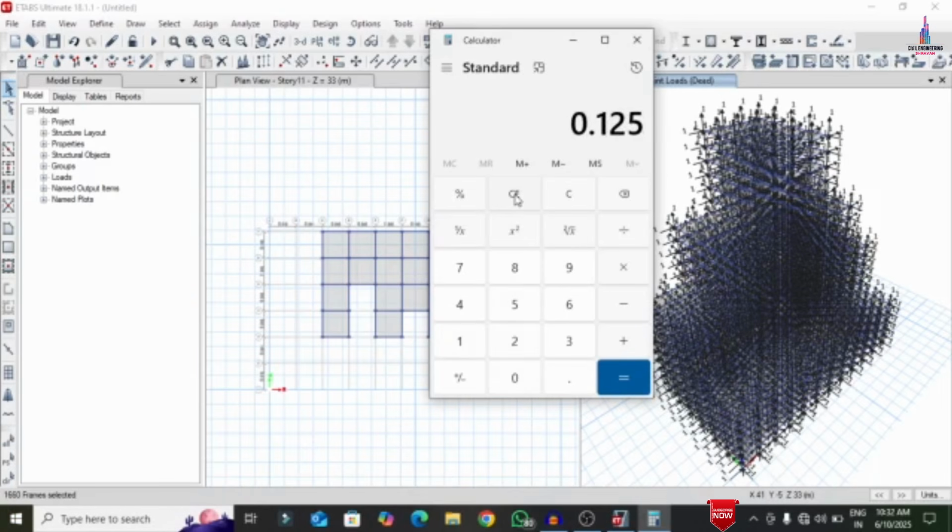In the same process we have to calculate the internal wall. 0.125 is the thickness of the internal wall. I am multiplying this value with the height of the wall, 3 meter, and multiplying with the unit weight of the brickwork, 20, so that it will make it 7.5. And parapet wall loading, which consists of 1.2 meter, so that it will make it 3. So 13.8 plus 7.5 plus 3 will make it 24.3 kilonewton per meter intensity,